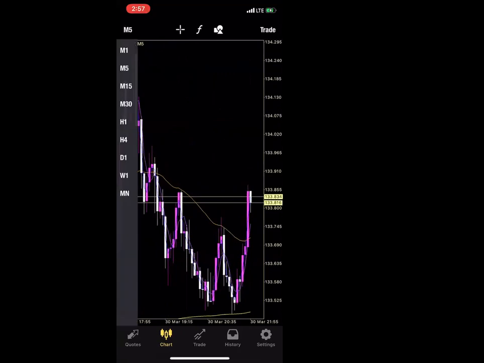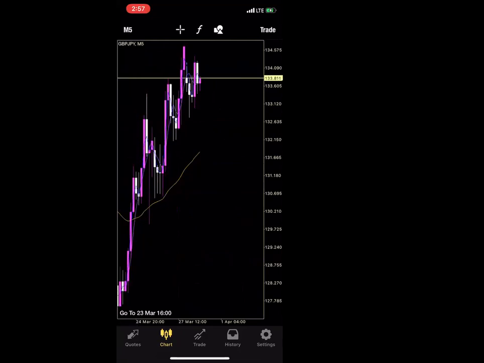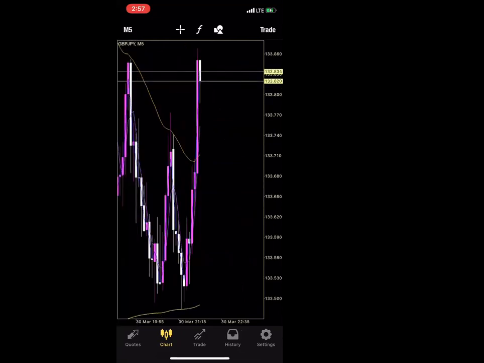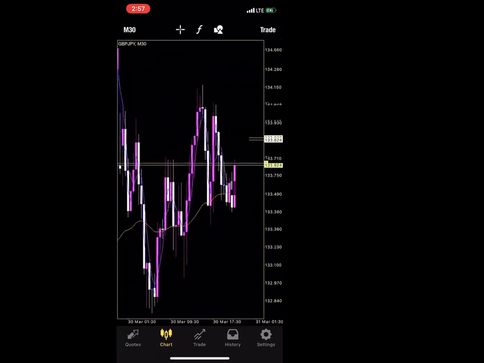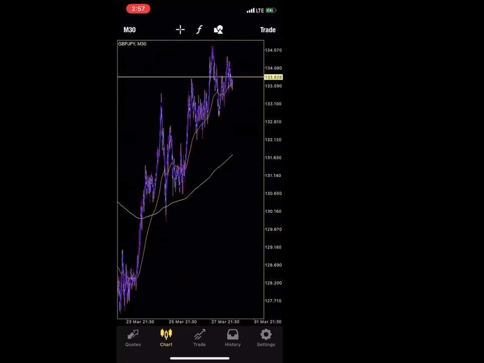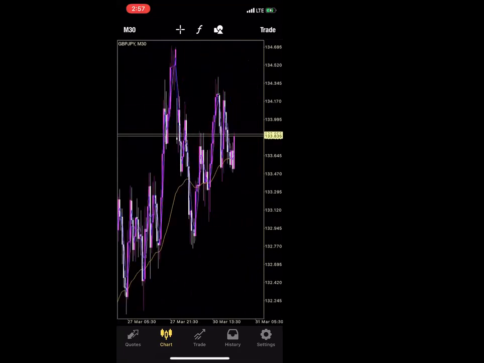Now, these numbers over here that I'm clicking on, those are the time frames. 5 minute, 15 minute, 30 minute. Each time frame will look a little bit different, okay? So this is how I personally like mine to look. Now, what I want you to do is tap on your screen,